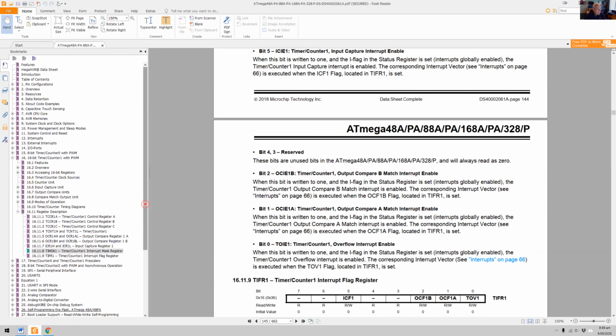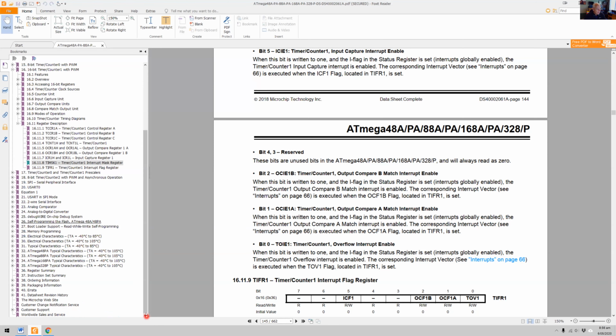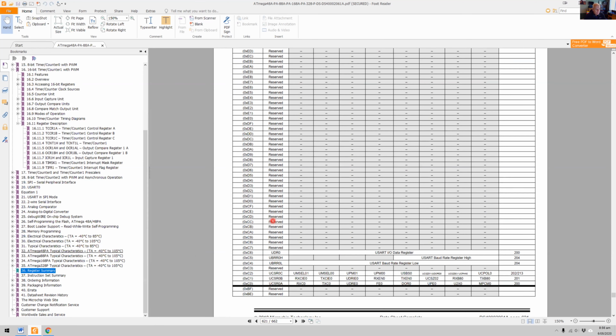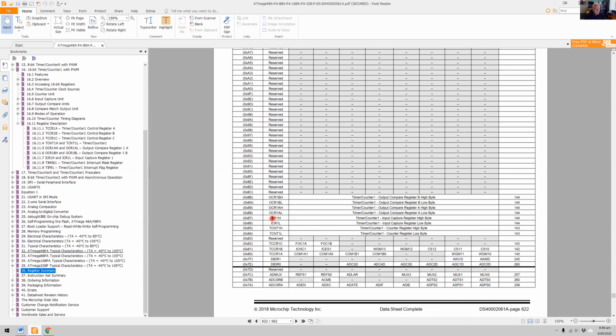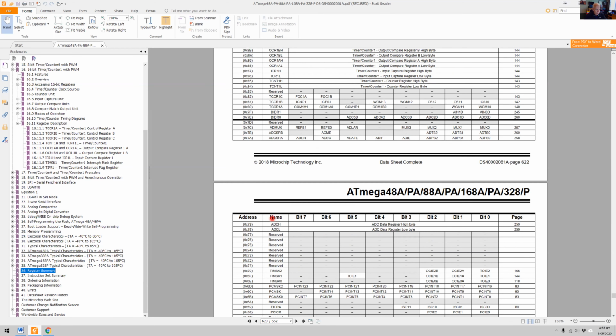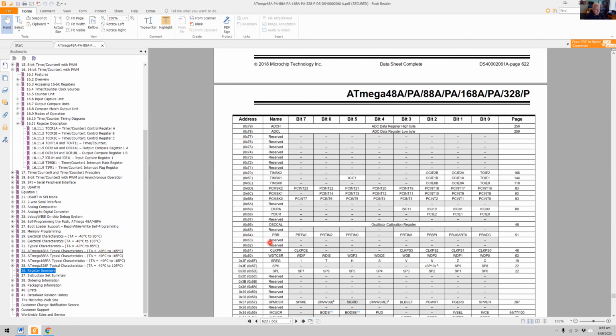So the status register is one of those really important registers of the microcontroller that just sort of underpins everything that's going on. And I can go down here to my list of registers and I'll find the status register. We'll keep scrolling down somewhere here. There we go. There's the status register. It's the I bit, which is bit 7. So we need to set that bit. This is like a global tap for all the interrupts. You might configure a dozen different interrupts in your microcontroller, but none of them will work unless this bit is